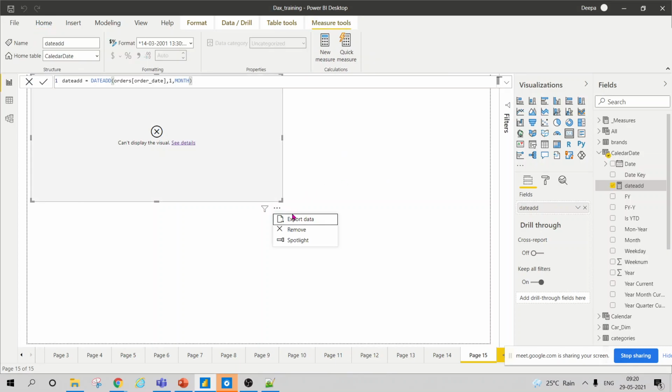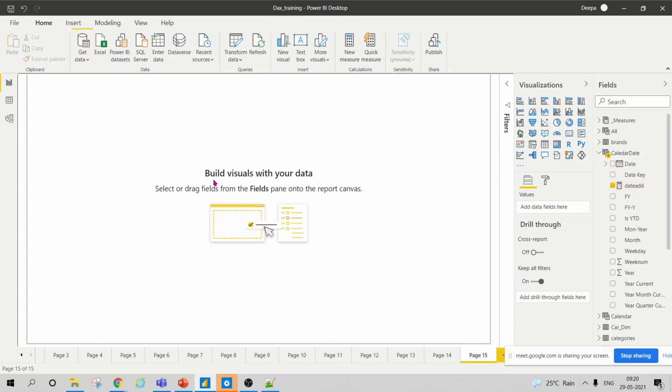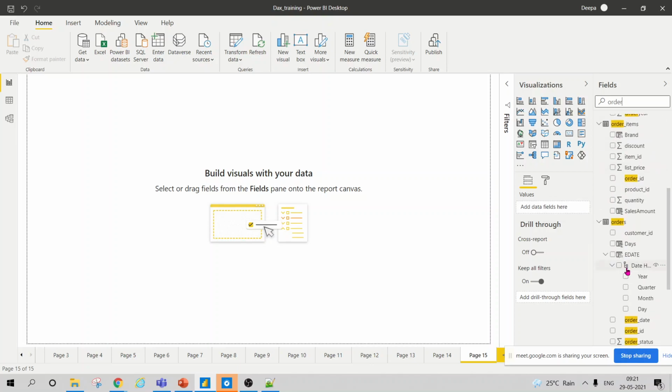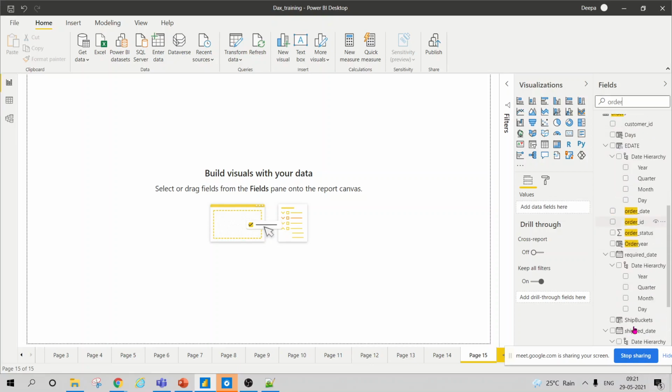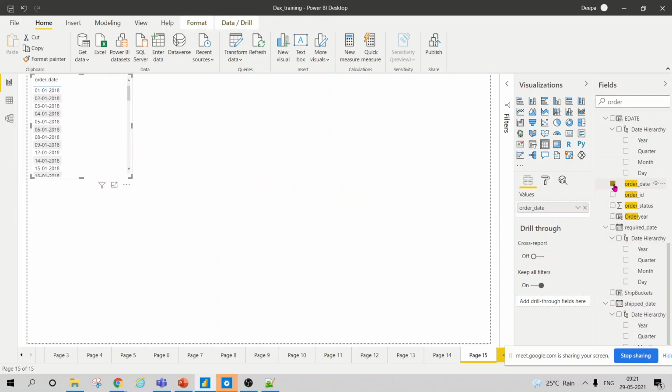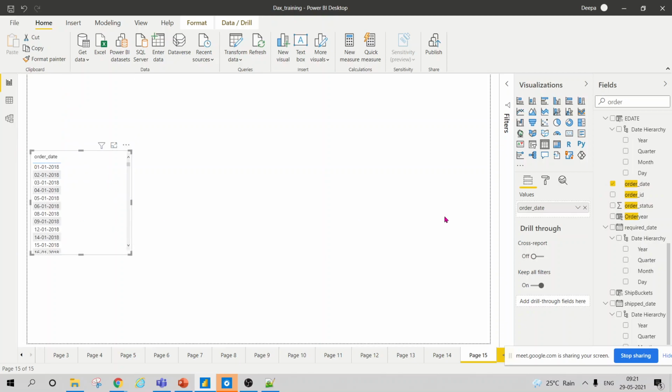So let's see. I'll take order date. From the order table I took. And then I will take that data.